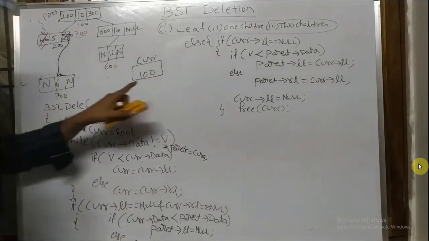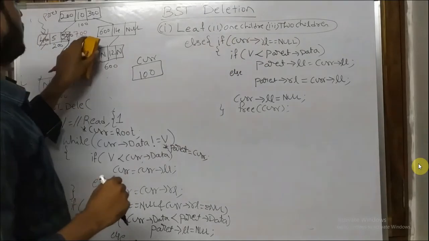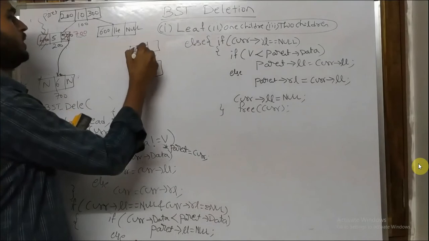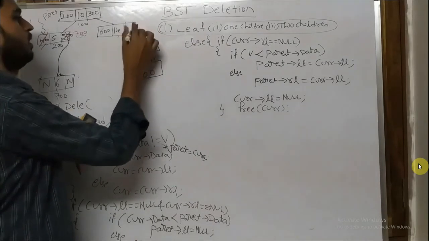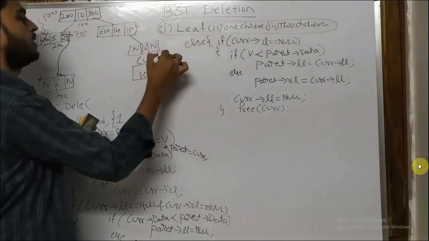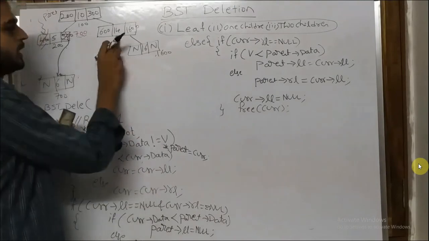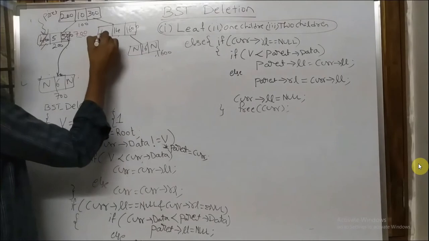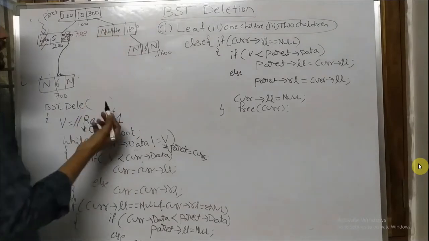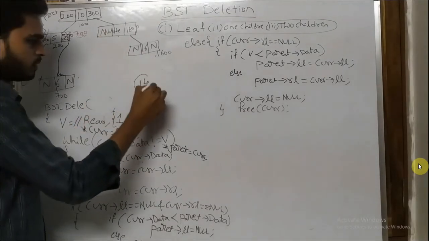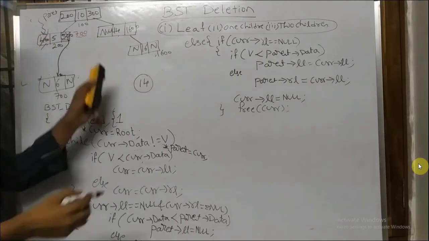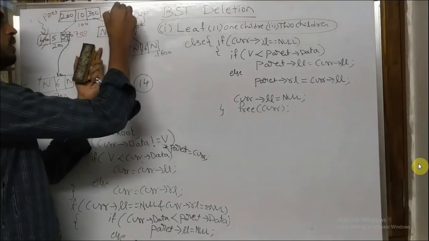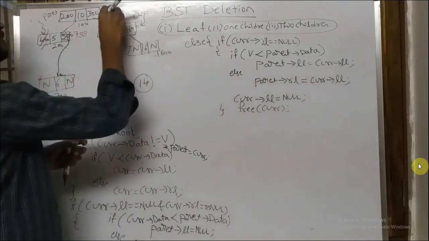What I am saying is, for example, I have code like this: 16 null with the address 1600. This address is 1600. This is a node which has a right child, so this is null here, and this is null here. I want to delete the node 14, right? So I will come to this particular location. This is the current node, and this is the parent node.